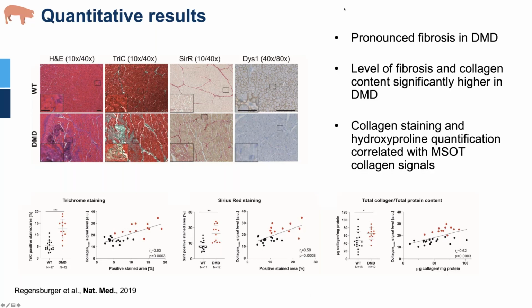So we see a pronounced fibrosis in these Duchenne pigs, and we see that it's really significantly higher than in wild types, and that we can quantify it,